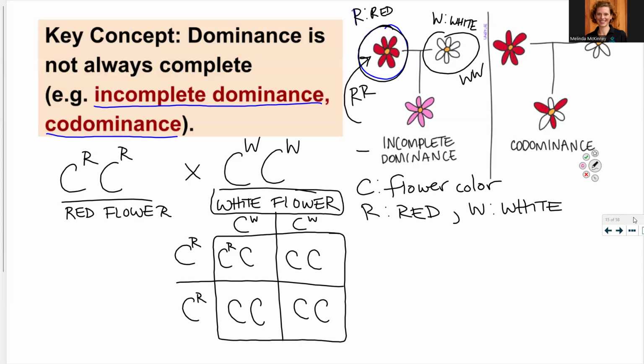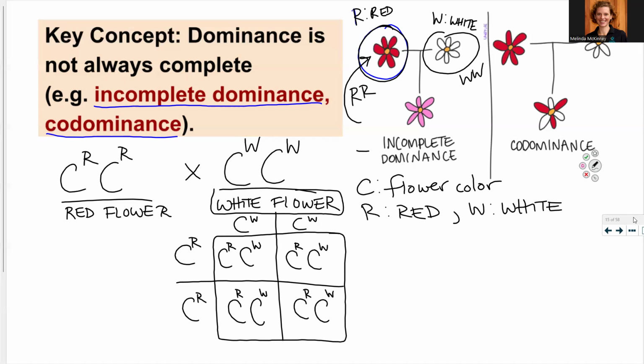We'll combine the superscripts as well. In this case, 100% of the offspring are heterozygous, so they have one